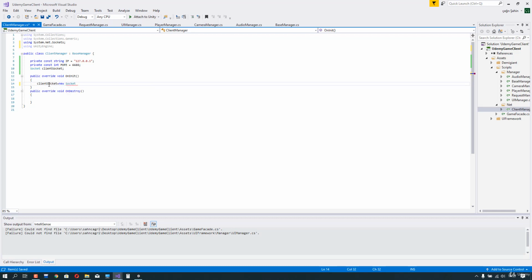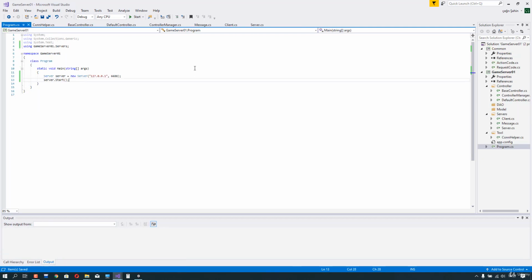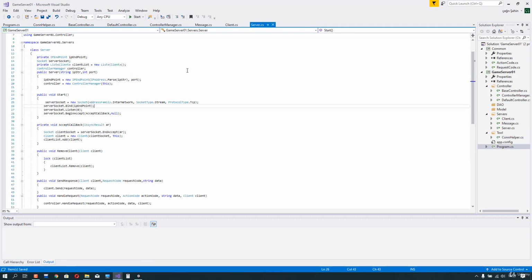And if you remember, what should we type here? In Game Server we typed, as you see, the server socket is equal to new Socket, AddressFamily.InterNetwork, SocketType.Stream, ProtocolType.Tcp, and I don't want to type it again, or we can, let's type it again